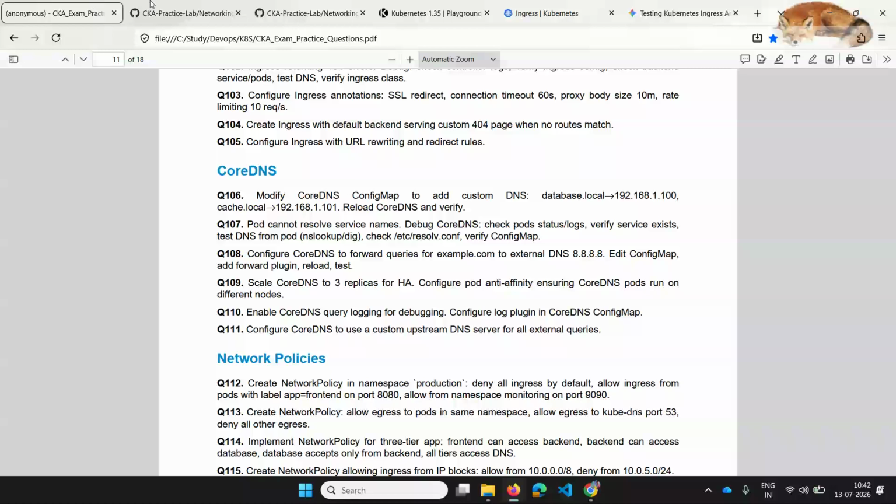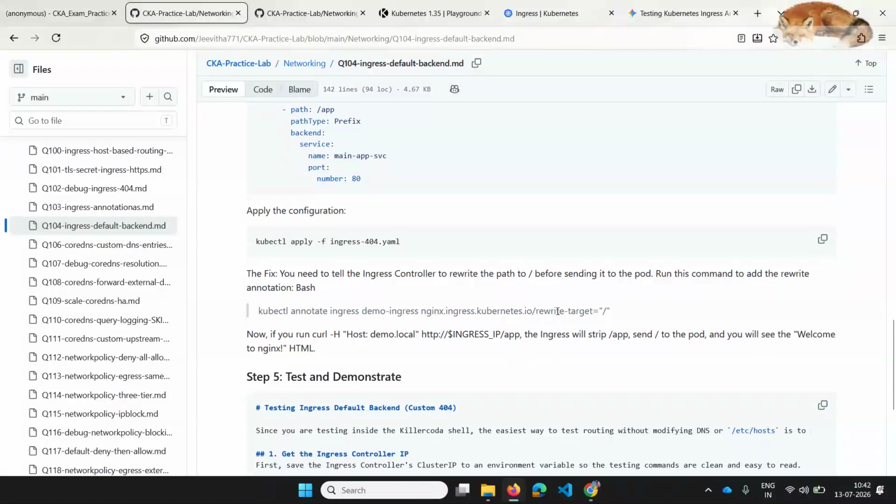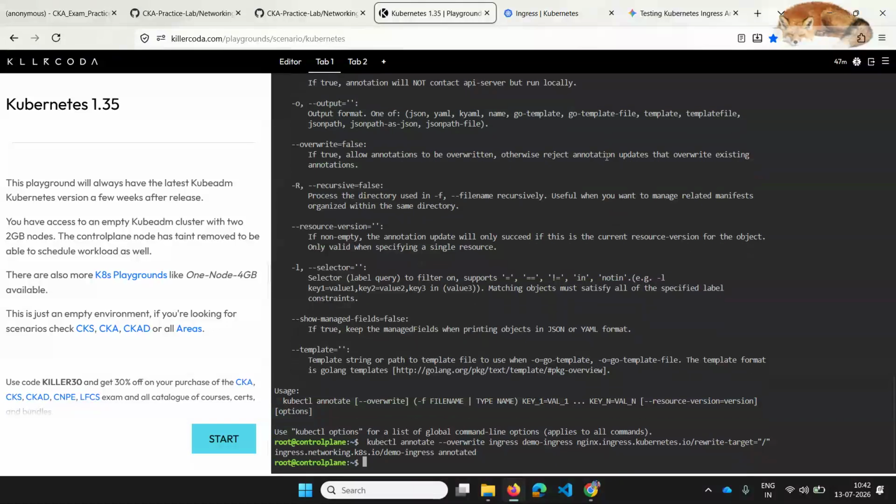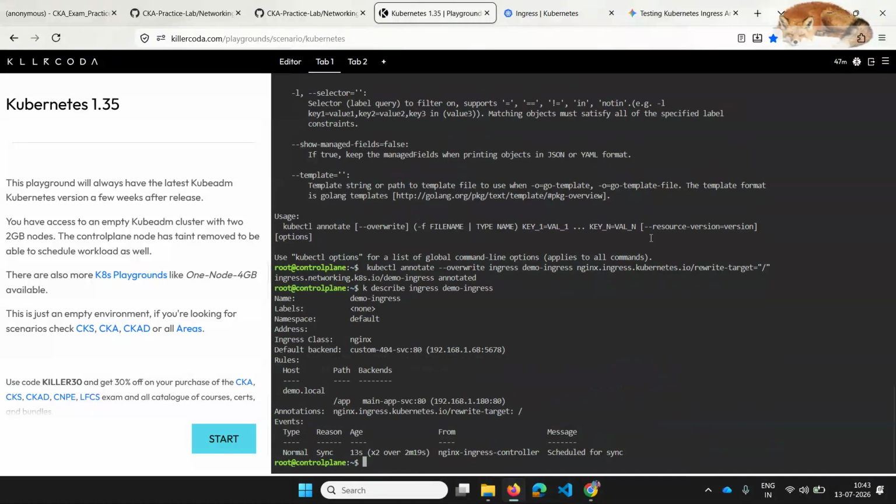And the annotation you have to use is this, this is the key, and equals to after that, that is the value. If you also describe the ingress, I can see this annotation is applied properly.